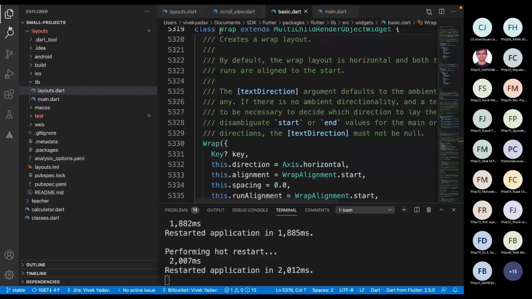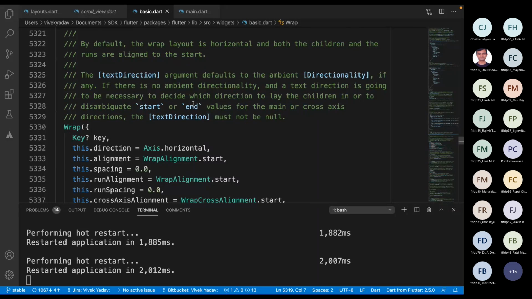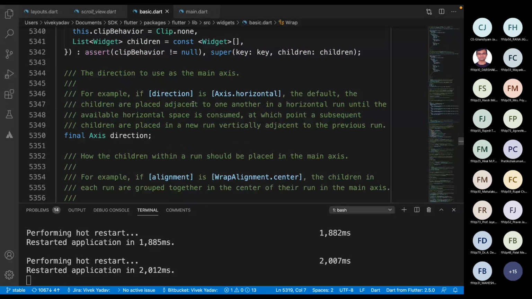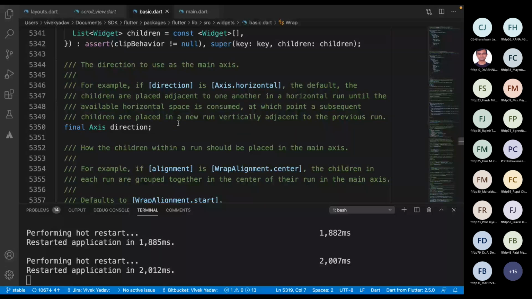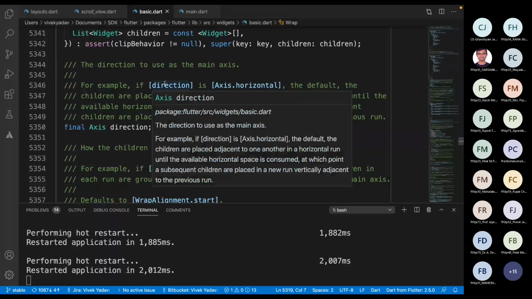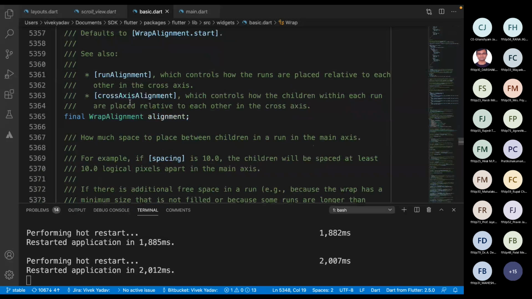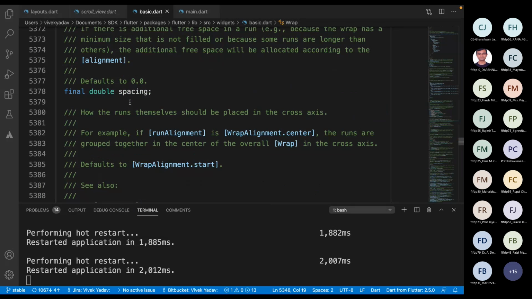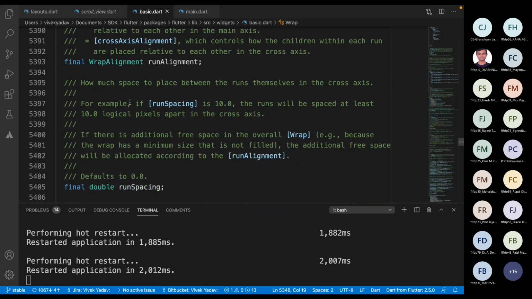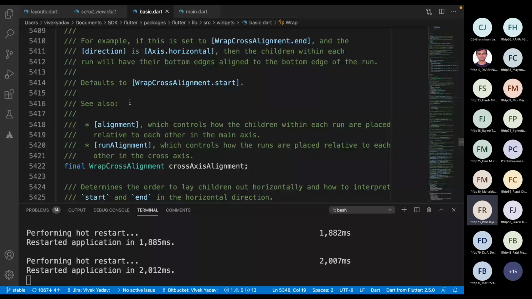I cannot specify the difference right now, but I guess it is because of some kind of layouting issue. There are some issues with column and row, so they cannot be used for very complex designs. In complex designs we go with wrap, and if there is some basic design, then we go with the normal column and row. It depends on the behavior of it.